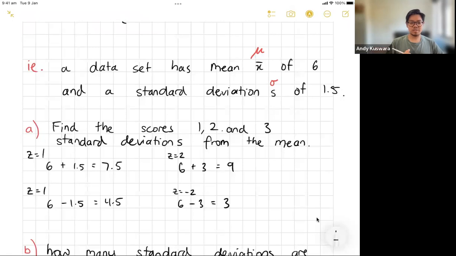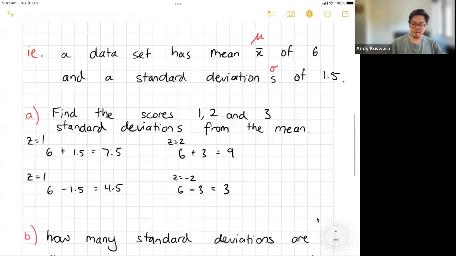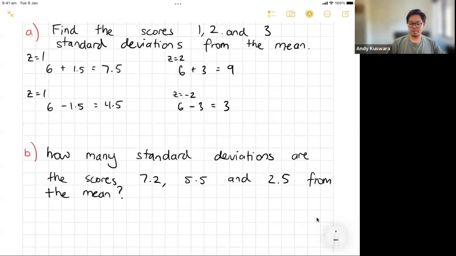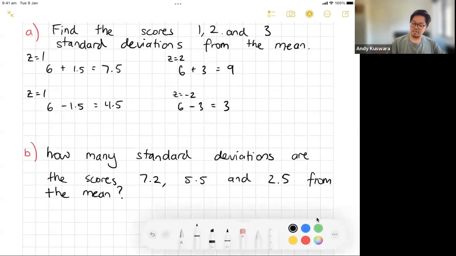A z-score is just a measure of how many standard deviations you are away from the mean. So the smaller the number, the closer you are to the average. If you're positive, that means you're way ahead. If you're negative, that means you're behind the average, or behind the mean. Now, working backwards, very similarly: how many standard deviations are the scores 7.2, 5.5, and 2.5 from the mean? If they're a little bit harder to think about in your head,